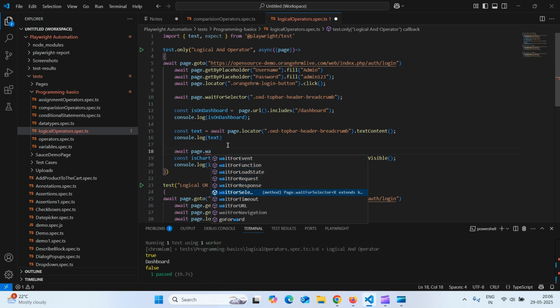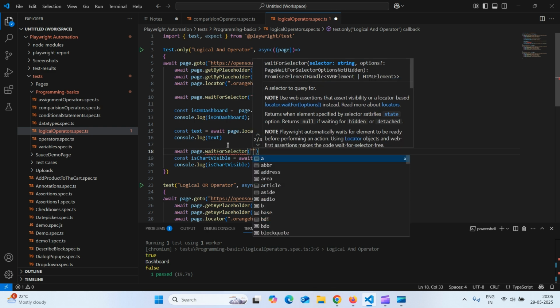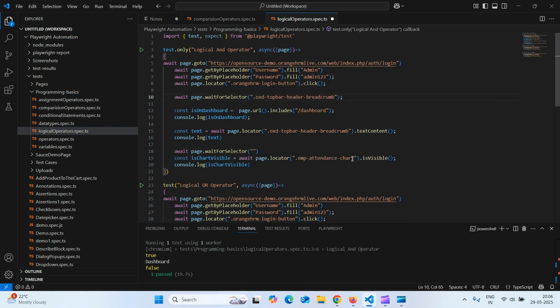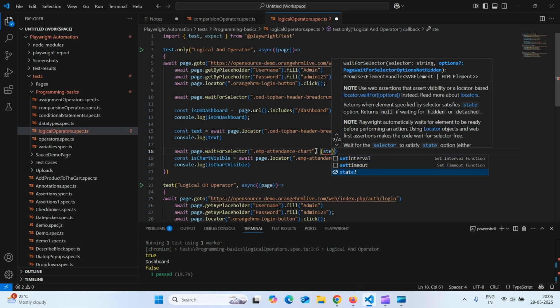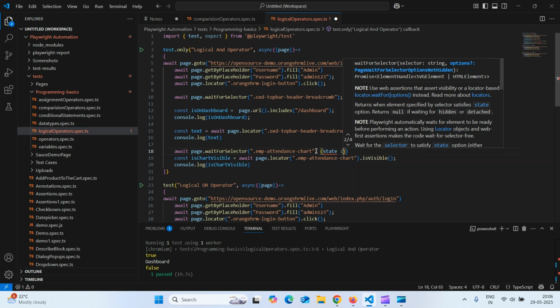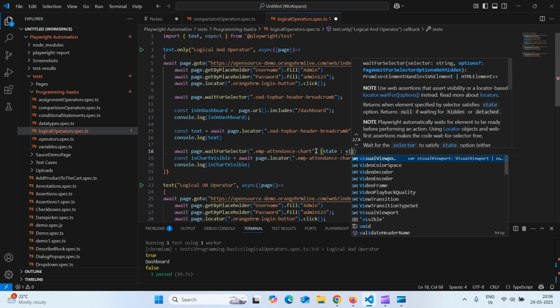This selector, I'll copy it from here, and I will wait until it becomes visible. State visible,